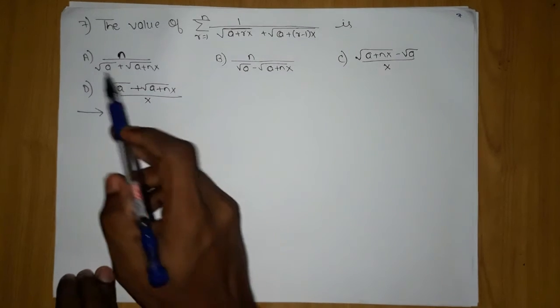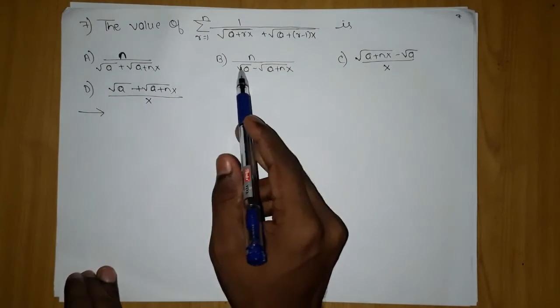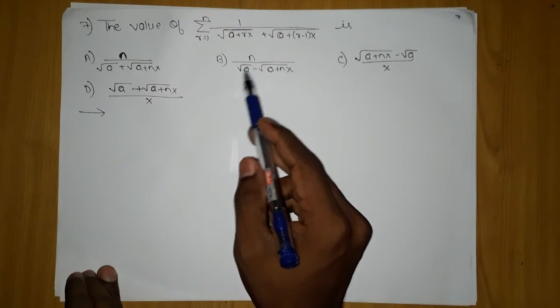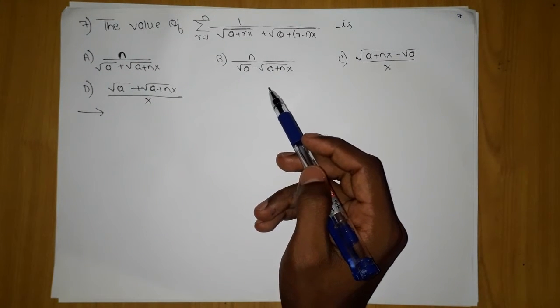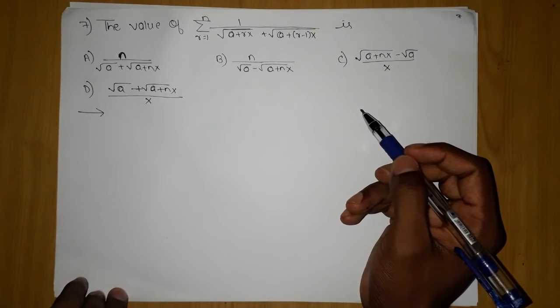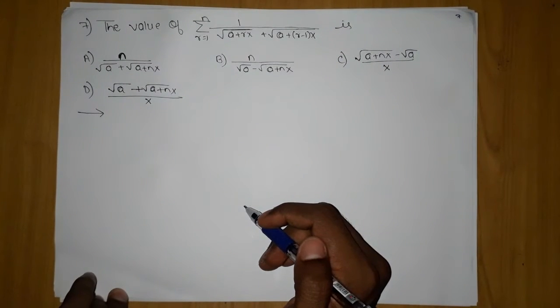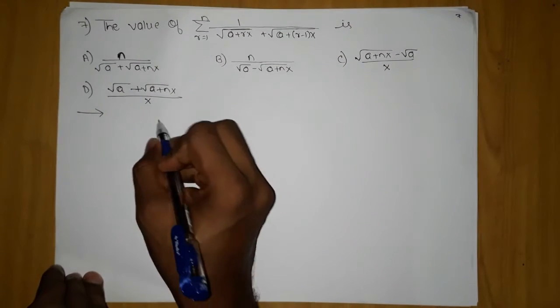So the options given are: n upon under root a plus nx; second, n upon under root a minus under root a plus nx; third, under root a plus nx minus under root a upon x; and the fourth option is under root a plus nx upon x. Okay, so if we rationalize this,